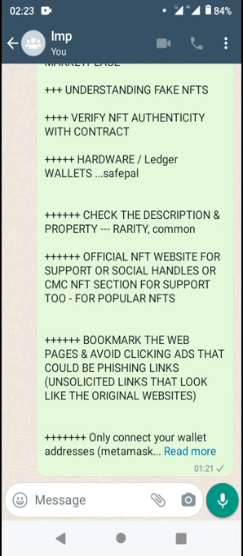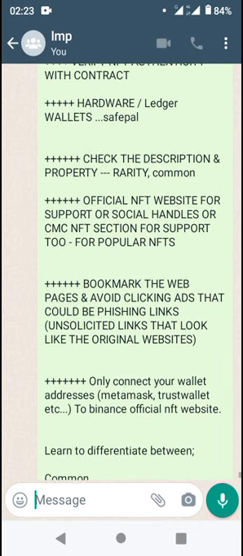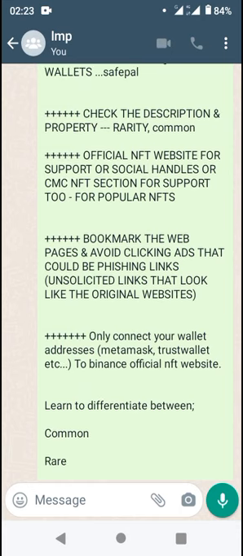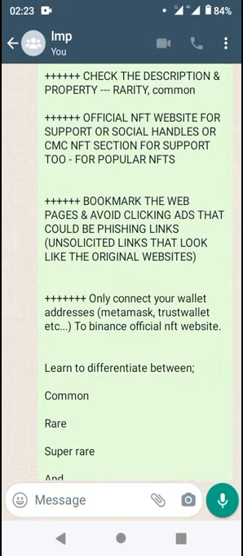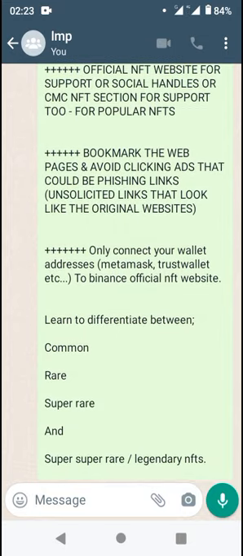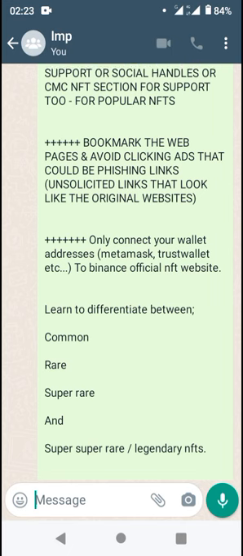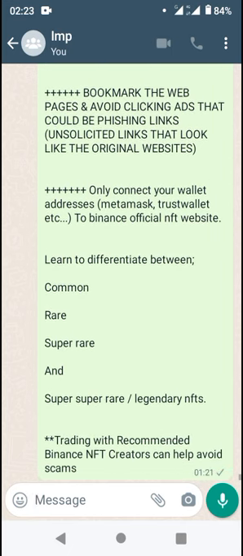We also have the official NFT website for support or social handles. Binance also offers official support handles that you can reach out to in cases where you have issues or you are having discrepancies in understanding anything. You can reach out to them for clarifications. Then also you can bookmark the web pages and avoid clicking ads that could be phishing links or unsolicited links. So once you've gotten to the NFT marketplace, you can bookmark it and keep it in your browser to avoid